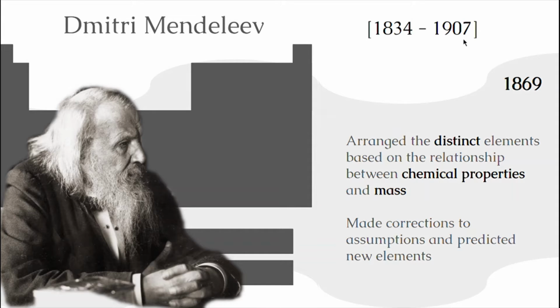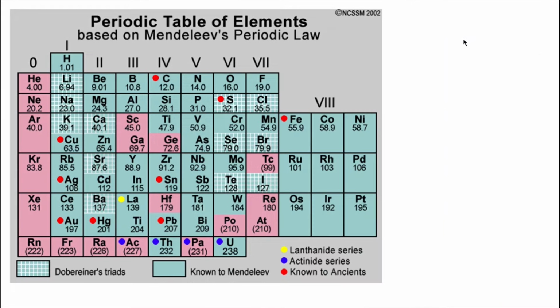But for now, all that the physicists and chemists know are the atomic mass and the chemical properties of these elements. And so not many elements have been discovered. Mendeleev lived from 1834 to 1907, and so he didn't have a lot to work with. And so this is the periodic table that he created.